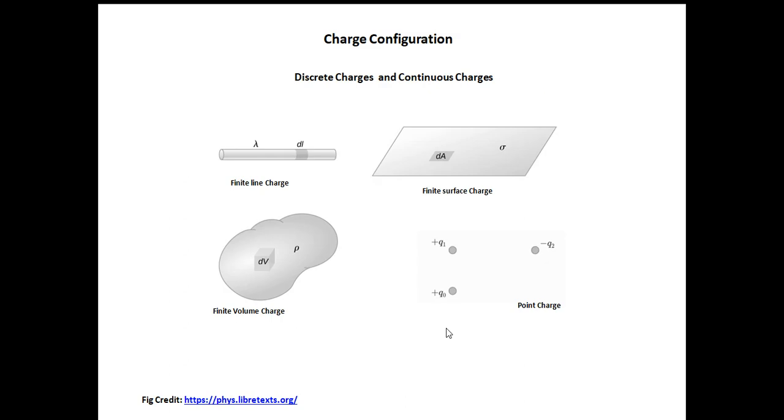I'll just go back to the earlier slide. This is a source of electric field. This is a charged body and this is creating an electric field. I will calculate it somewhere here at this point. Then I'll get some value as electric field. Now the same value I will not get here because the direction is different. So the electric field will be changing at this point, at this point, at this point, and at this point. So remember that this is a source charge, and the point where I am going to look at the field is called a test charge.